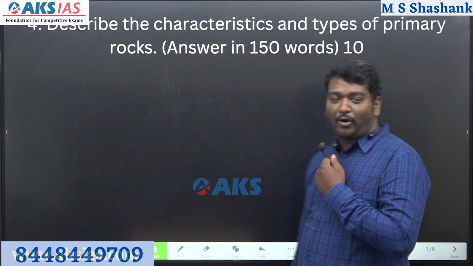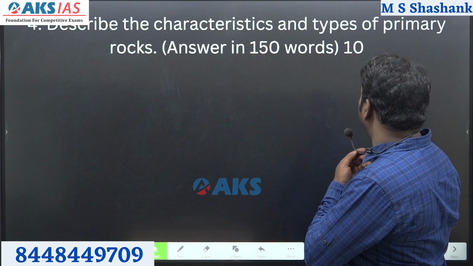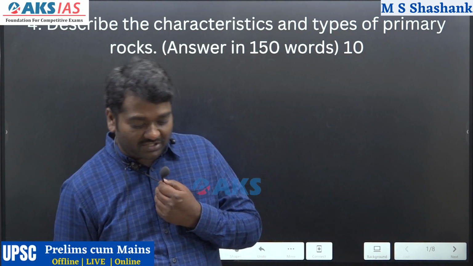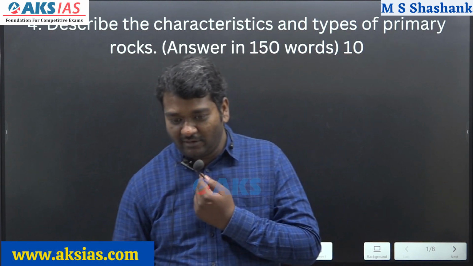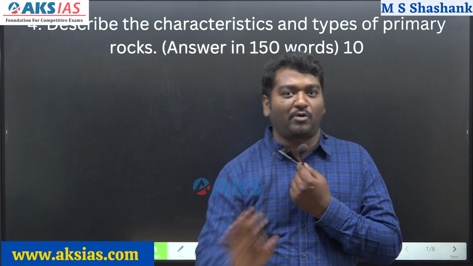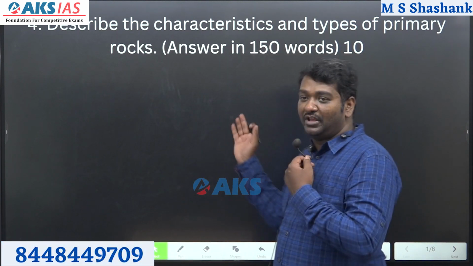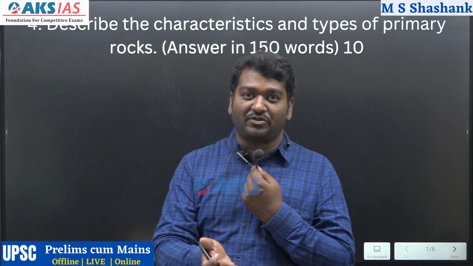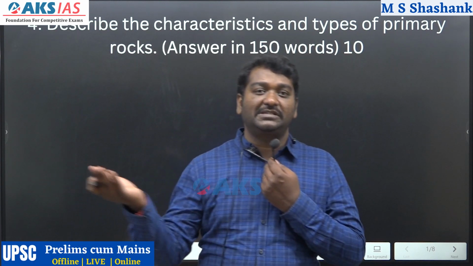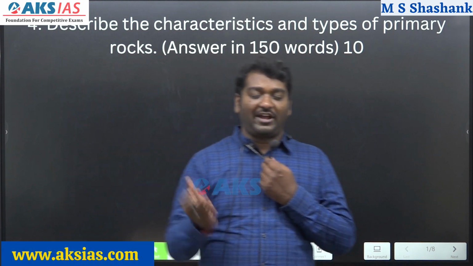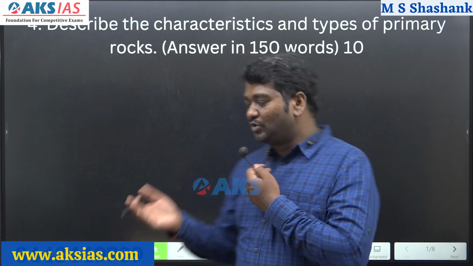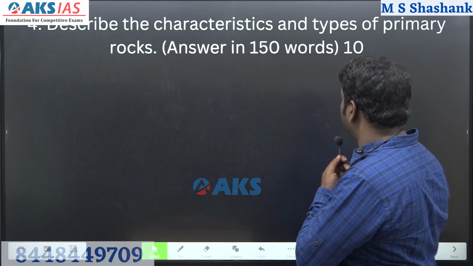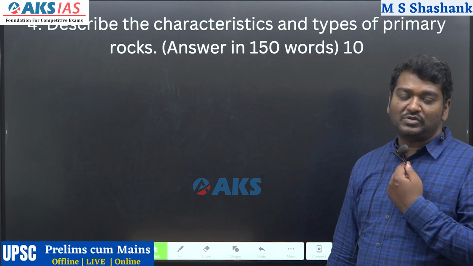So, first important thing, describe the characteristics and types of primary rocks. This is seriously a question which, if you are not able to write, then you're not running in the race properly. It's a direct question picked about igneous rocks. You know that there are two types, one is intrusive igneous rocks, another one is extrusive igneous rocks. You need to talk about sills, dikes, phacoliths, right? Those things they are expecting you to write, nothing beyond that. It's very simple and straightforward. With diagrams you need to write.